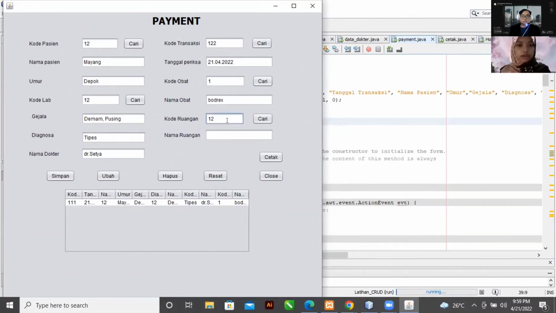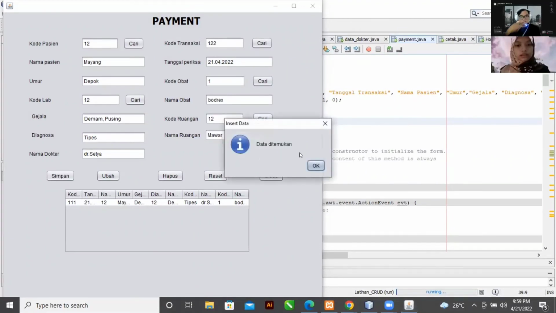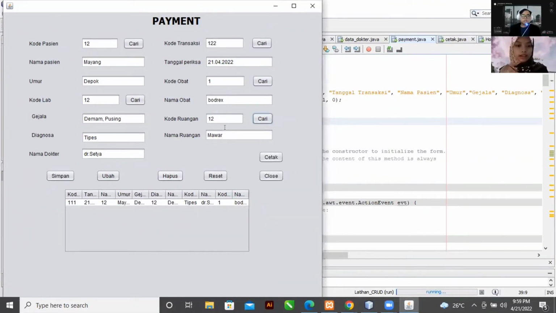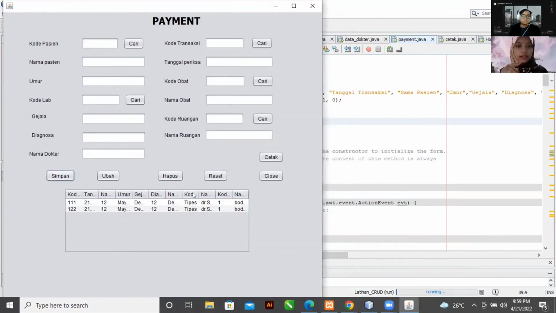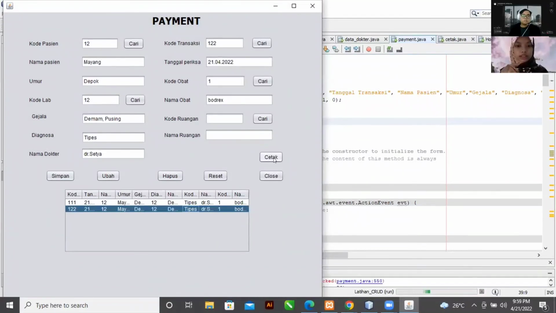And for the kode ruangan, okay, this is the transaction that we want to take to the cetak menu. We can simpan this data. Okay, and also we can cetak this data.